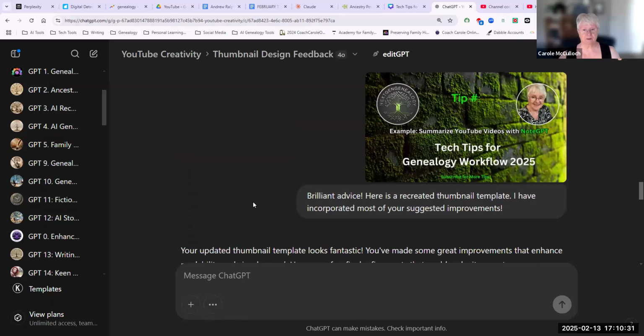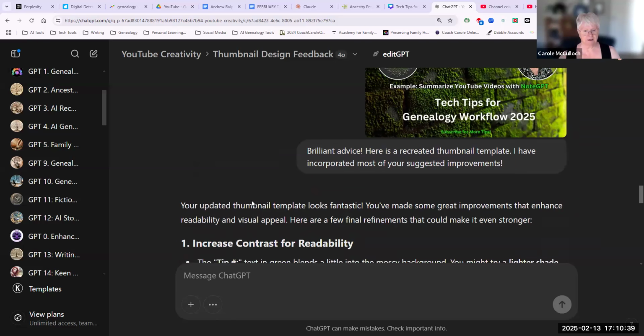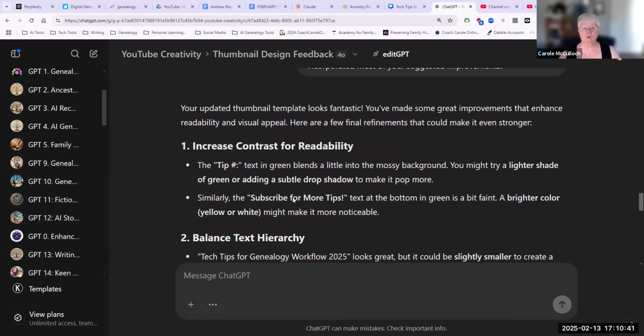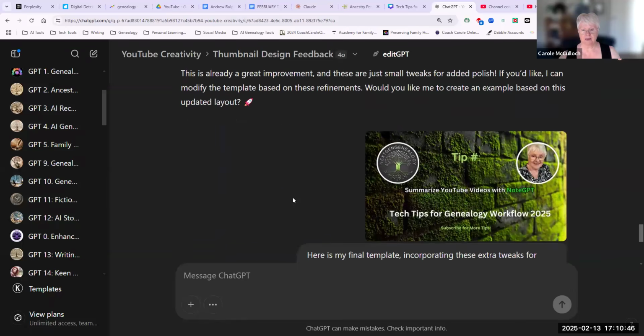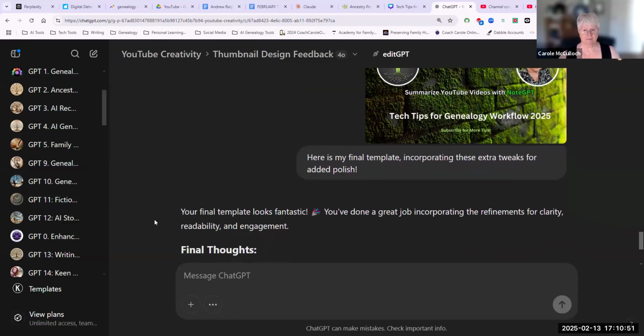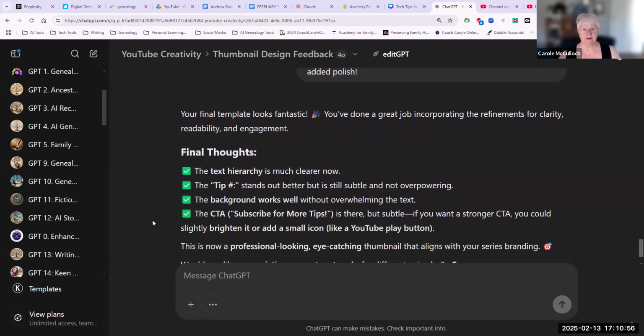So as I finish up for today, it came back to tell me that my first iteration looks fantastic, but it gave me even more things to consider, which I did, and finally came up with the final template. And the final thoughts were excellent. I felt that I'd done a really good job in following through on the improvements from the chat's suggestions. And the last one